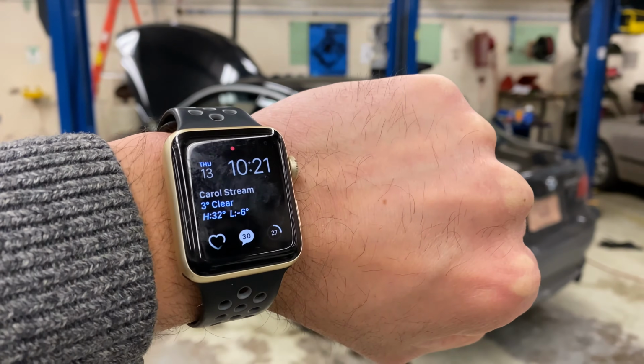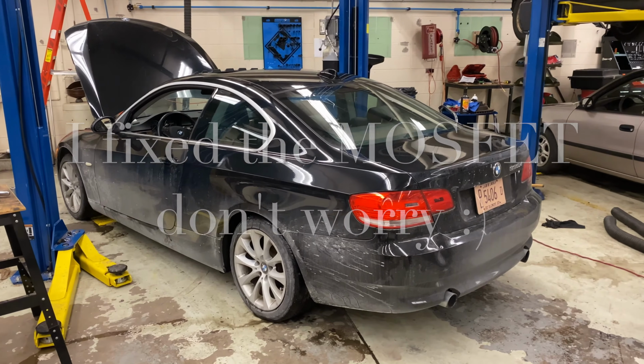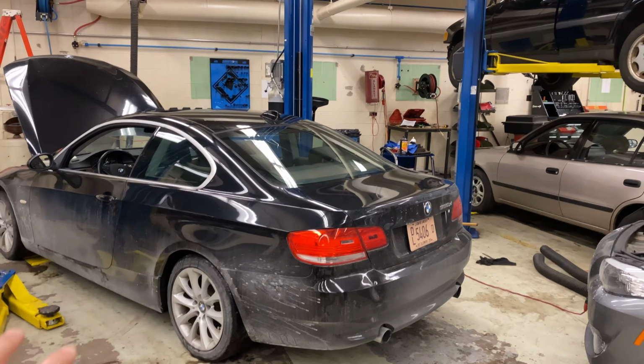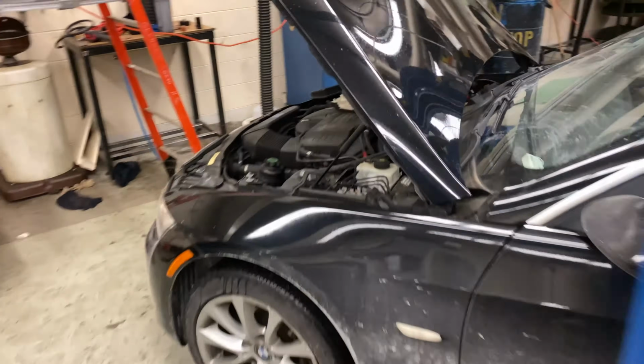24-hour challenge. It is now the next day at 10:21, so we're a little before the 24-hour mark. We bought the car. It was running like crap. Miraculously, on the way home, it just fixed itself and it was driving beautifully. So, us being us, we decide to put a JB4 on it and run it at 16 psi with the